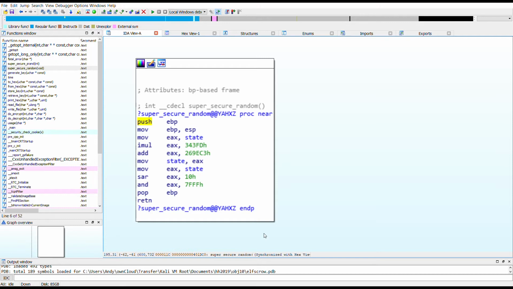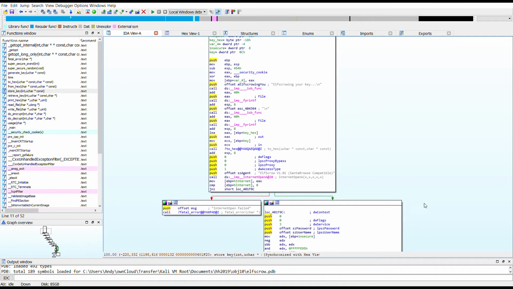So, given the seed for each key is set by time, the number of seconds since the Unix epoch on the 1st of Jan 1970, and we know the key was generated in the 2-hour period between 7 PM and 9 PM on the 6th of December, that gives us 7,200 possible keys, based on 60 seconds times 60 minutes times 2 hours. We could probably brute force that many keys, but first let's take a closer look at that store key function